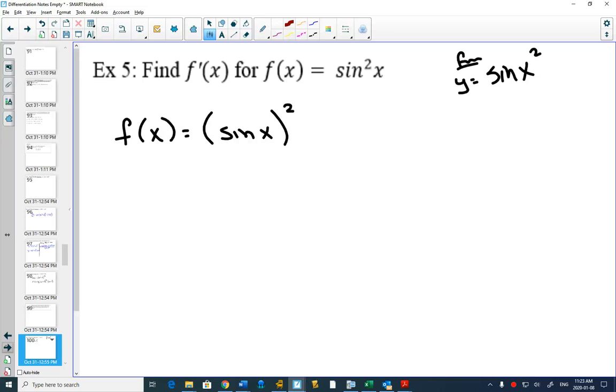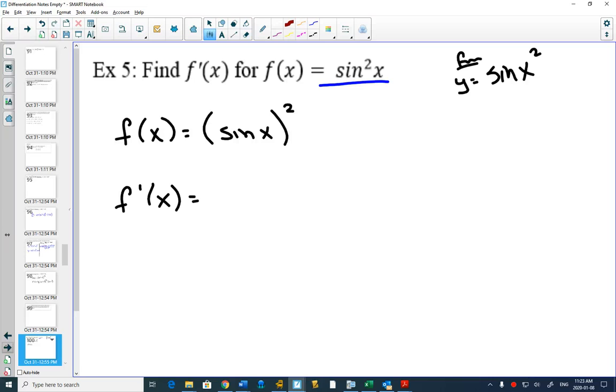So, if you think of it this way, it's really easy to see that the sine x is inside of what's being squared. Can you see your brain confusing you here and saying, oh, the squared looks like it's inside of sine? It's kind of written inside, so it can cause you some problems that way. So initially, you might want to change it to this, just to help you see it. Because now, when I do the derivative,